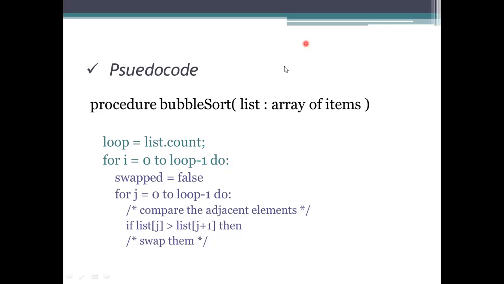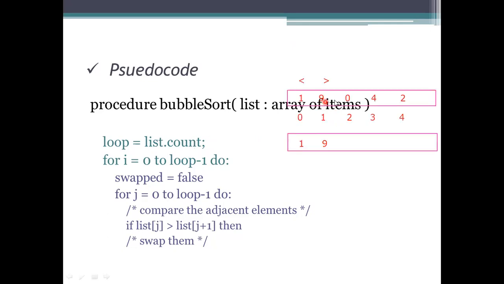For one element, I need to process all these representations. If you see here, this is 1, 9, 0, 4, 2. These are the values. One element has to reach its position, which is the second place, because while sorting, the order of the elements will be 0, 1, 2, 4, and 9. So it should be in the second place.